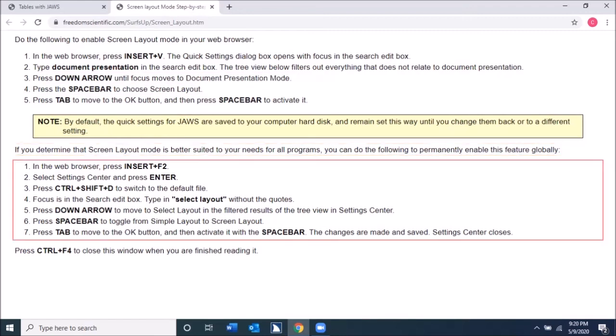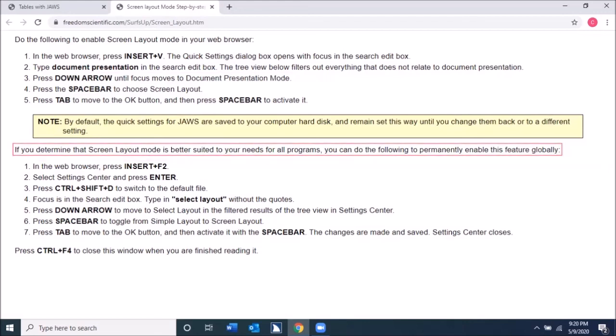List of 7 items. Oh wait, hold on. Let me reread something. I zoned out for a second. Note: by default, the quick settings for JAWS are saved to your computer hard disk and remain set this way until you change them back or to a different setting. Okay. If you determine that screen layout mode is better suited to your needs for all programs, you can do the following to permanently enable this feature globally: